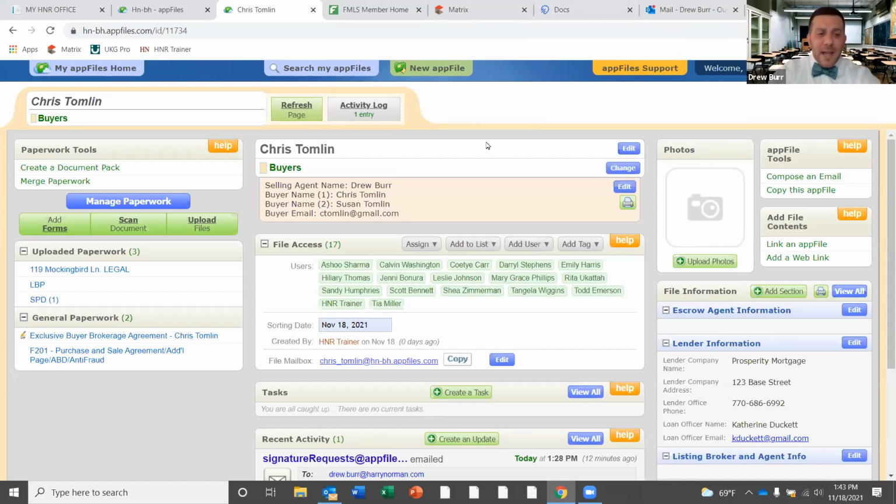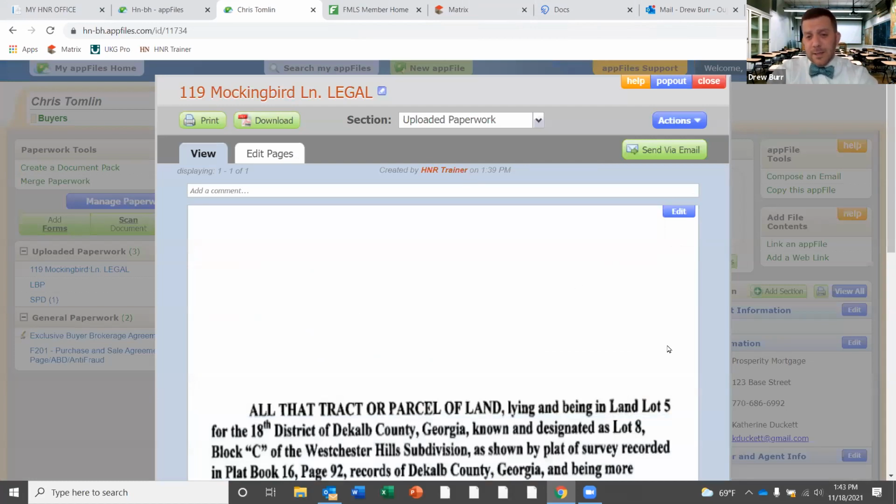All right. So now that we've covered docs that are in here, uploading docs from an external source, emailing docs into your AppFiles folder, another thing that you might want to do is add elements to a document. So I'm going to bring up this legal as an example to add elements to a doc. And this is not exactly the best item, but it will at least serve my purpose. Every item and every page that's in here has the option for this edit button. And this edit button is going to convert it so that I can put elements down. For instance, initial fields, signature fields,